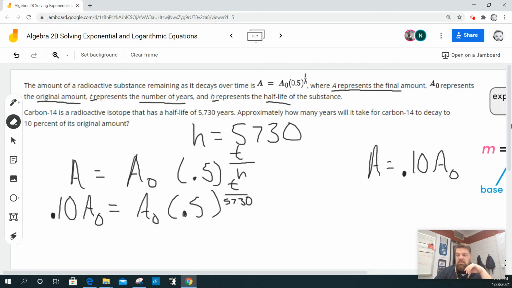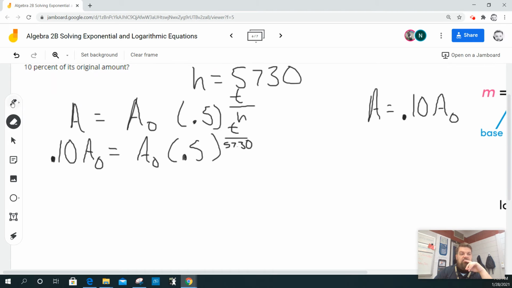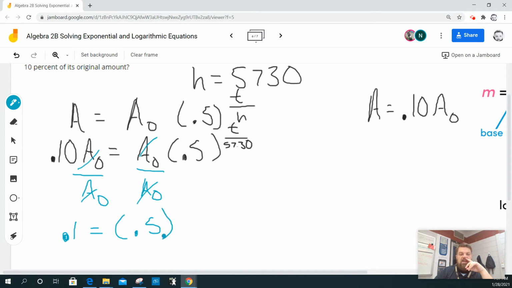Then I notice that I can divide A naught out of both sides. In other words, if I divide this by A sub 0, which is also pronounced A naught, then this divided by this is 1, this divided by this is 1, and so in the next line I get 0.1 is equal to 0.5 raised to the T all over